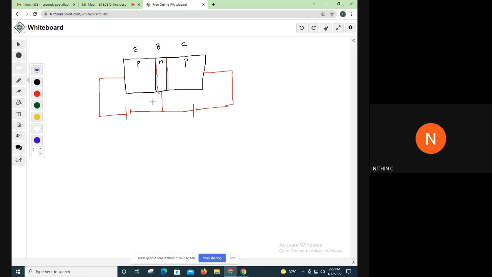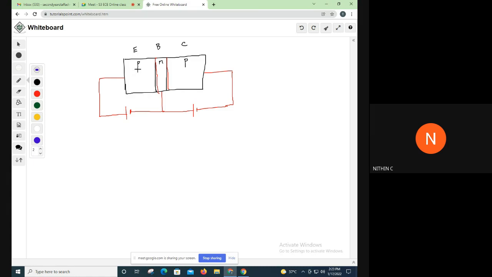So next thing is with respect to the current. Since we have already biased these two regions, you clearly understand that there will be flow of current between these different regions. So how does that current flow, that is the question, right? If you come to the emitter region, which are the majority carriers in the emitter region, either electrons or holes? With respect to this example, in a PNP transistor, in the emitter you have electrons or holes as majority carriers? I repeat, majority carriers.